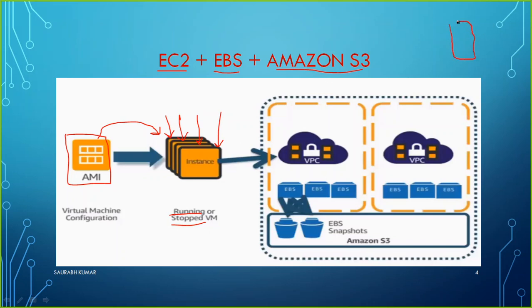If you talk about a computer, generally you can have one hard disk inside of it, you can also have two, you can also have three, it's up to you, right? But by default we need at least one, so that we can keep the operating system and start the machine. Adding another one depends on whether you need more storage. Similarly here, when we create an instance, at least one EBS is required to keep the operating system, to switch it on, to start it. But thereafter, if you need more storage, you can create another EBS and attach it to the instance.